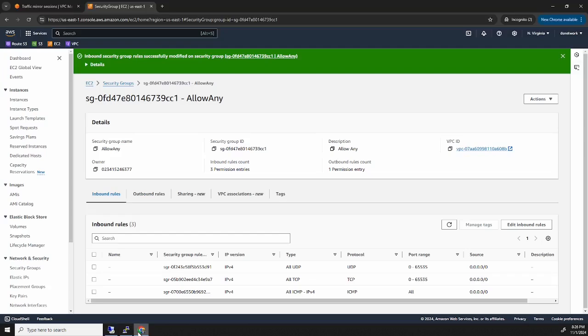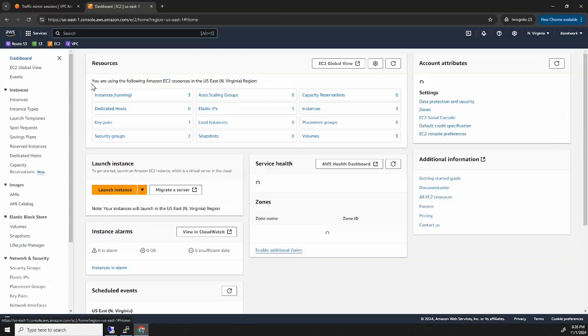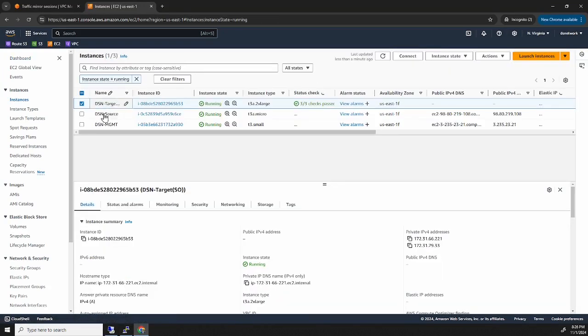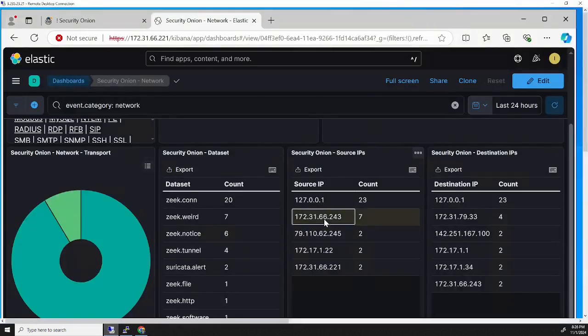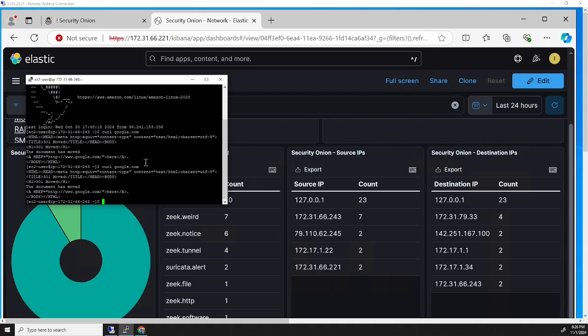Let me just show you the IP again. EC2 instance. Source, and its source IP is 3166.243. 66.243. All right, let me do one more. Let me trigger one more traffic. Call